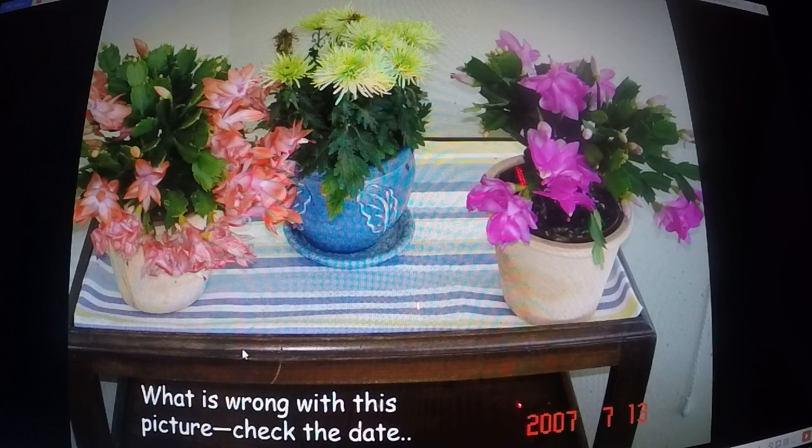What's wrong with this plant? These are Christmas cactuses, the picture, and they're blooming in July. And this gives you an idea. Another thing the plants have, they have what they call photoperiodism. What does that mean? That they will bloom during certain times when the light is different. For instance, in July in South Africa, where this picture was taken,